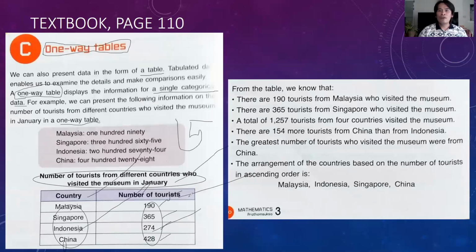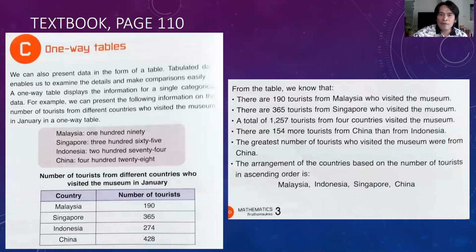Now, from the table, let us state some information. First information, there are 190 tourists from Malaysia. Correct. Second information, there are 365 tourists from Singapore. Correct. Easy breezy. A total of 1,257 tourists from 4 countries. So if you add this, you will get